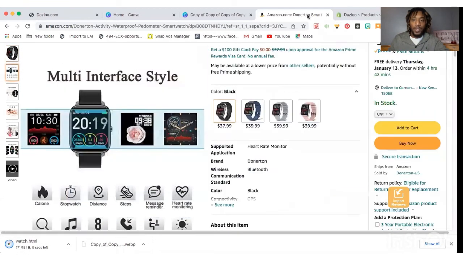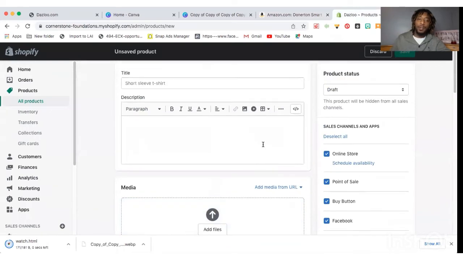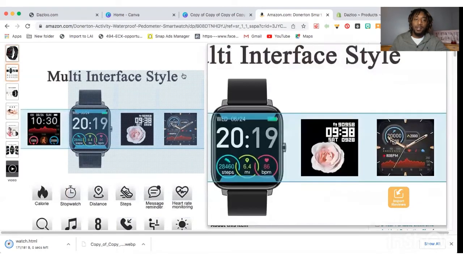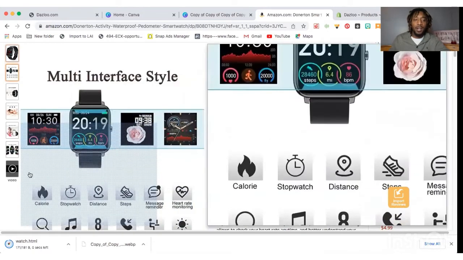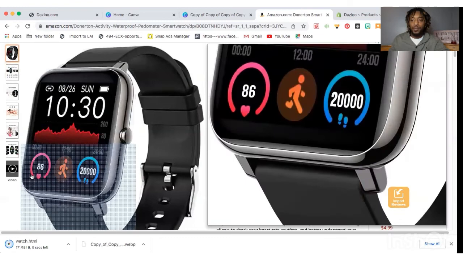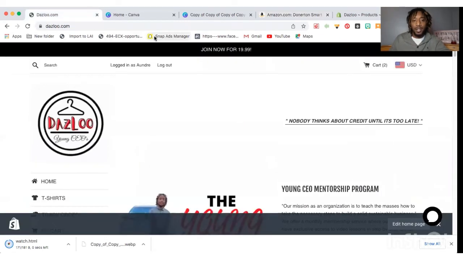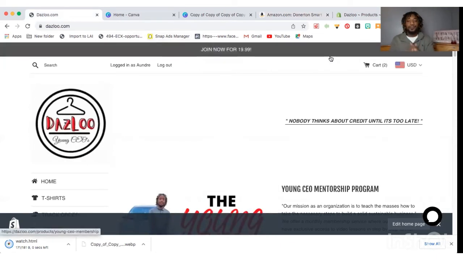Now, when we do that, we're going to have a picture of that product on our website. When people click on it to buy it, we're going to order it directly from Amazon. Now, there's a very detailed process in doing this, and that's the form of drop shipping, which we'll get into in later videos. But this is just a general overview on how you're going to be able to create a website, some different investment strategies that you can utilize with creating a website by using drop shipping.